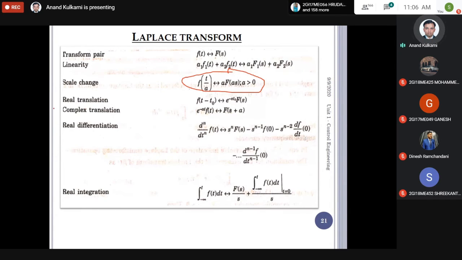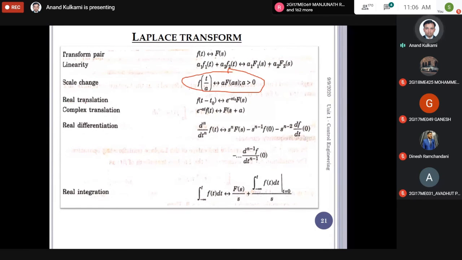Then there is a similar property for the real transform. All these standard Laplace transforms, you need not refer to any maths book. If you refer to a maths book, it is fine, we don't have any issue. But even if you open Nagarath Gopal, at the end of the book there is an appendix section. In the appendix, different formulas are given. In appendix number 1 only, we have taken this chart from the same book. So you can see that it is available in the appendix of books also.